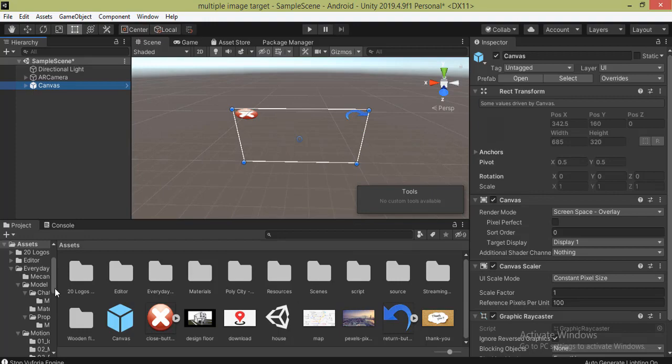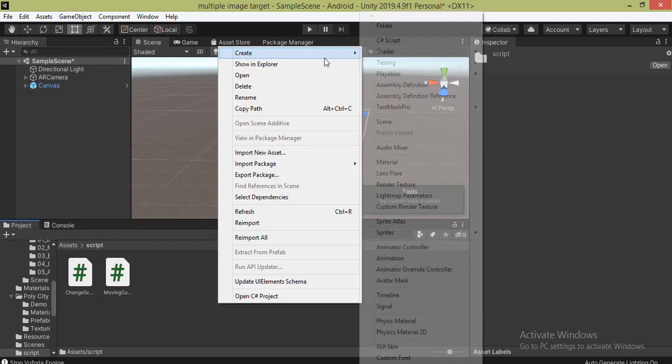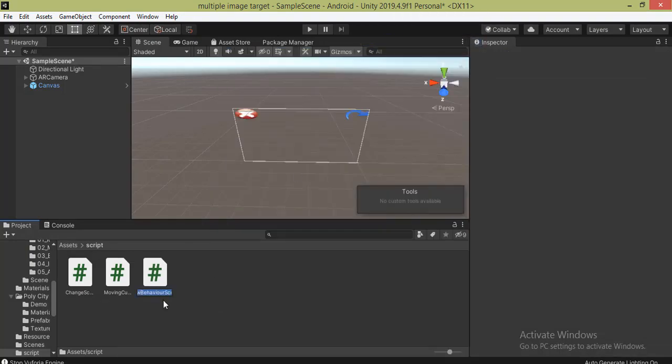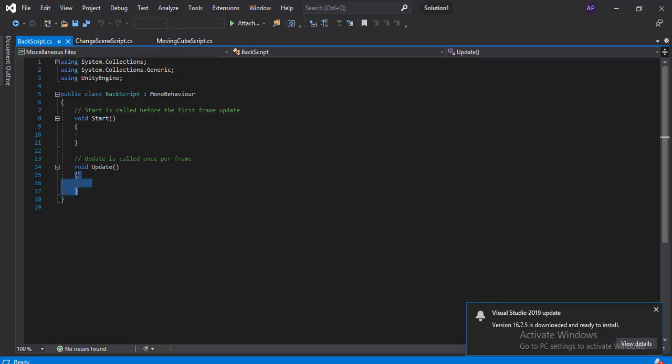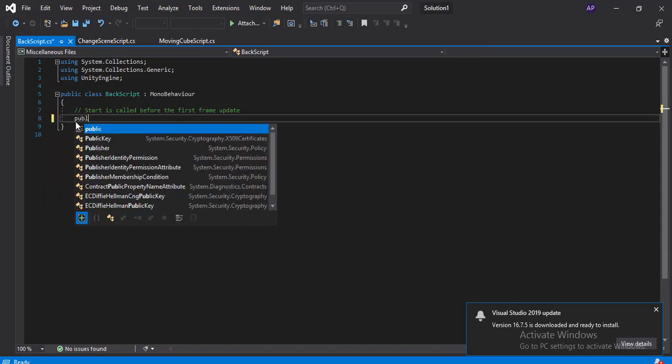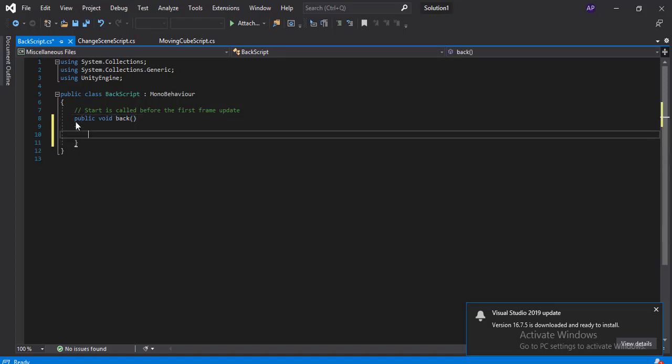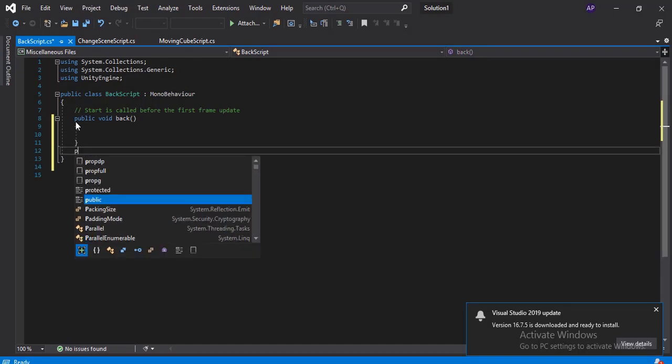After that again I click on this script, right click over it, create another script and double click over it to open it. After that I delete both void Start and void Update and create two void functions, public void. This time the first one is Back and the second one is Close.